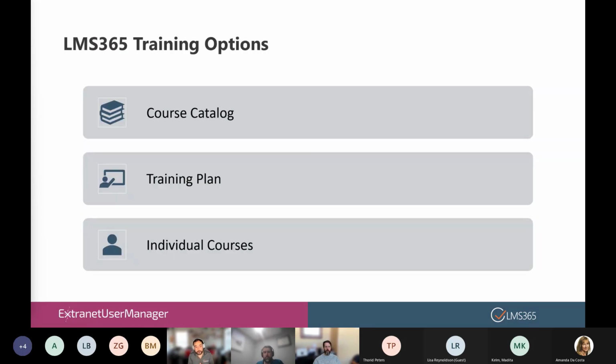So overall, what we're going to focus on today is the concept of course catalogs, training plans, and individual courses. I kind of alluded to this earlier, a course catalog is basically going to be a place where we can have a bevy of different courses to choose from. I like to equate it very similarly to Amazon or eBay, where when you go to this page, you can find stuff that you want to buy. But in this case, it's going to be courses that you want to take. And hint, hint, with the e-commerce thing,